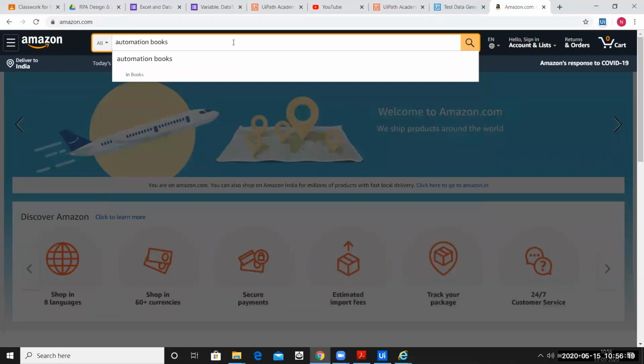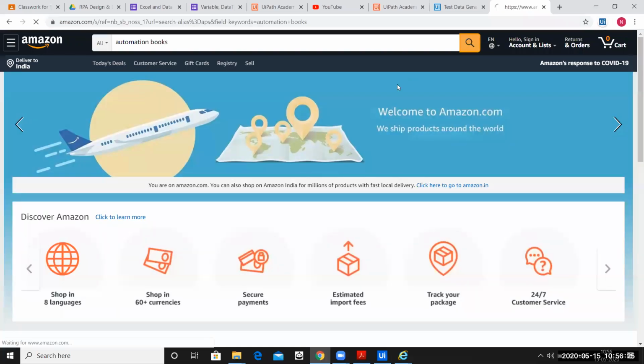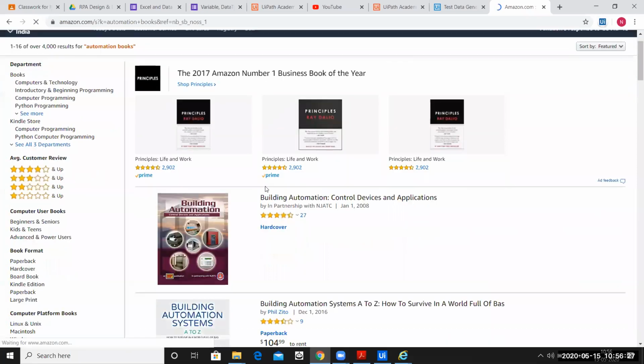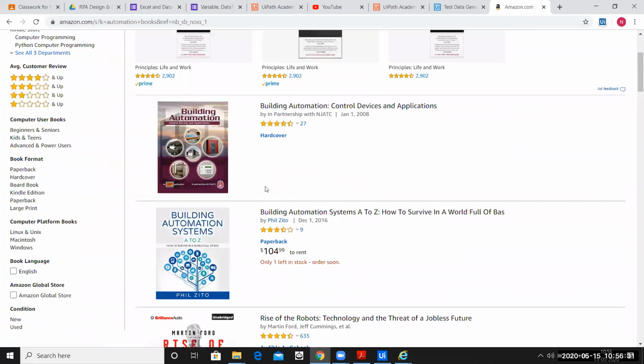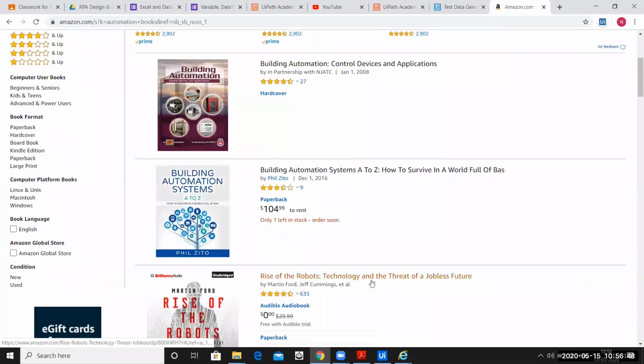You can see there are automation books which have come up on my screen. My next aim is to store the information, which is the title of the books. For example, my book title is Building Automation System A to Z, Rise of the Robot Technology.